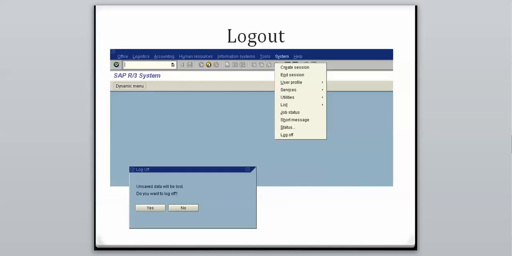Moving ahead, we have this log off option. Either you click on the X button here, or if this is the only session available to you, you click on this button here, or you can go to the system and click on the log off. Any way you do this, you get a message, are you sure, a kind of confirmation from the user, so that you don't accidentally close your session without saving your data.